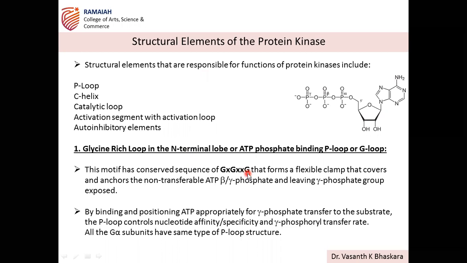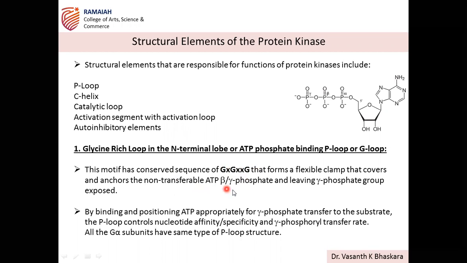In the N-terminal smaller lobe, the ATP binding loop is nothing but the P loop, also called the glycine-rich loop, because it is rich in the conserved sequence of glycine: glycine, X, glycine, 2X, and G. So there are three glycines and three non-specific amino acids in the sequence. This conserved glycine-rich sequence is present in the smaller lobe and is responsible for anchoring